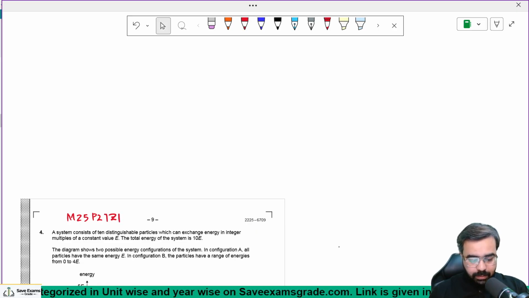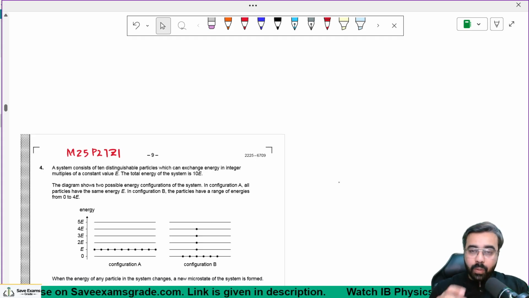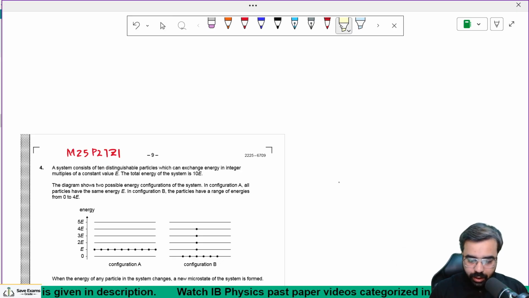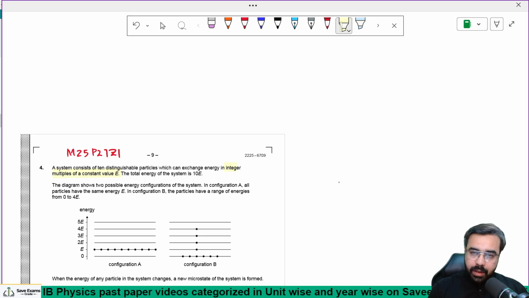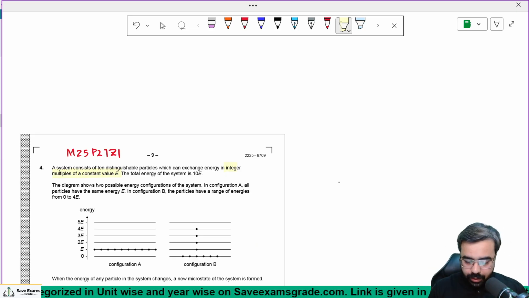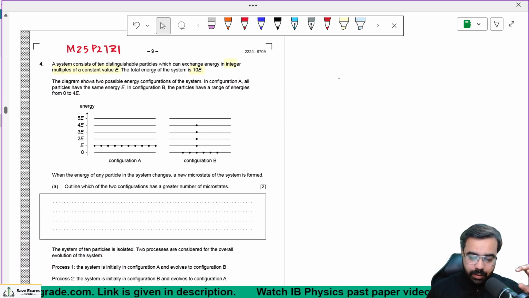They say a system consists of 10 distinguishable particles which can exchange their energies in integer multiples of a constant value E. If you add up all the energies of the system, that is 10E. So in this question, we have to find out which one of these two configurations has a